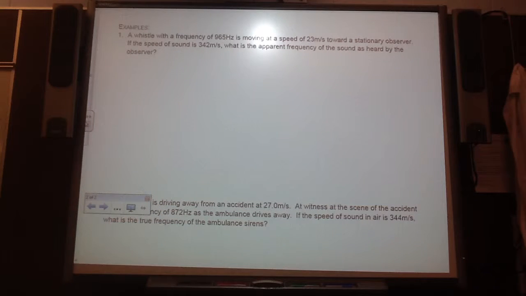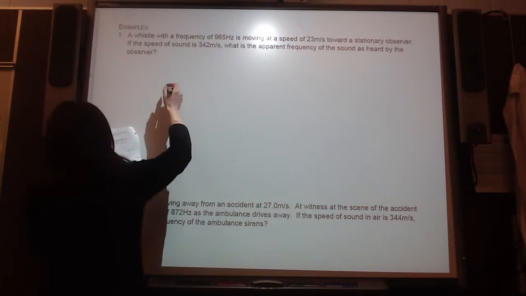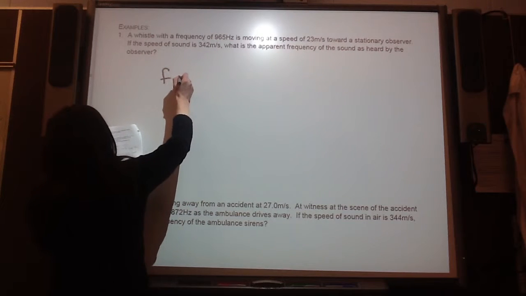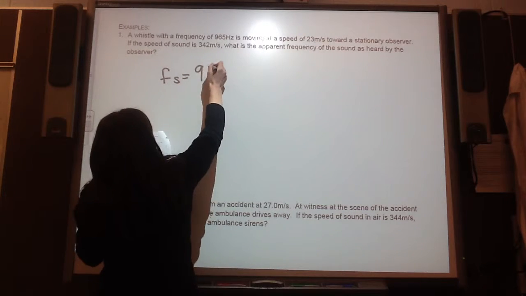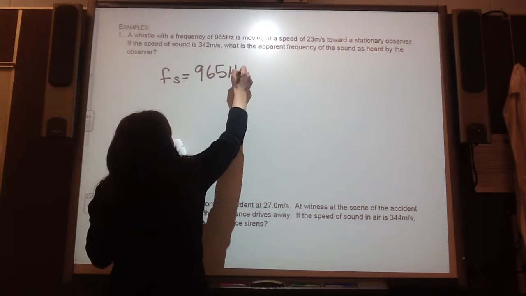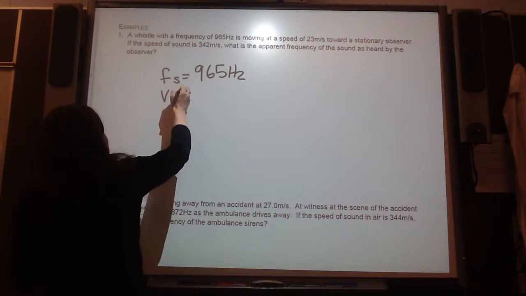of 965 hertz. So that's the actual frequency. So that is Fs, the actual frequency, 965 hertz. It's moving at a speed of 23 meters per second. So that's the actual speed of the source. So that needs to be Vs,